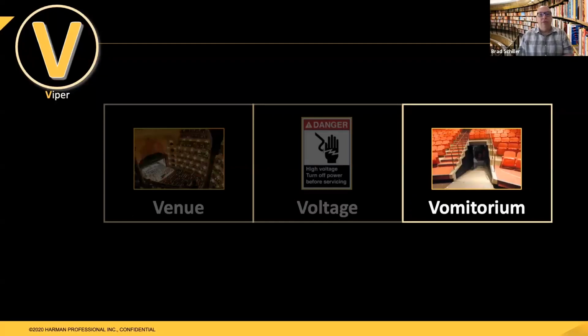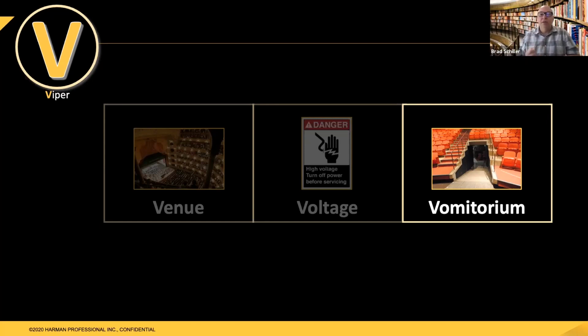And here's one of my favorite words, vomitorium. Now, this is not a lighting term in a sense, but it's more of a scenic area. A vomitorium is the passageway in amphitheaters and stadiums that people use to enter or exit. So a vomitorium is that little cutout. You've seen it in sporting spaces. You might have seen it in theaters, such as this photo here. And sometimes as a lighting programmer, you might be told to focus the lights in the vom or the vomitorium.